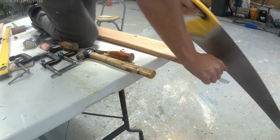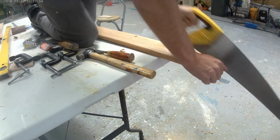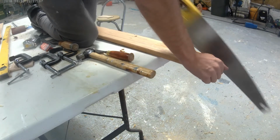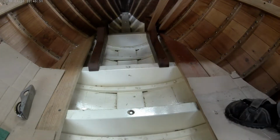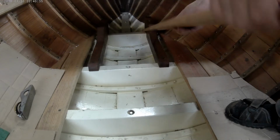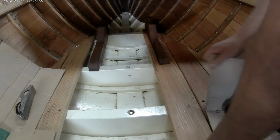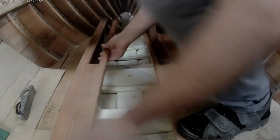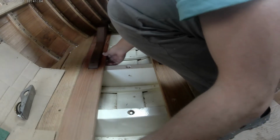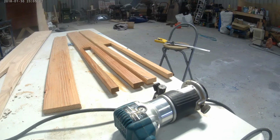So then I have drawn the template onto the actual floorboard here, and I'm just beginning to cut it out. And this is the floorboard cut out for the first time and ready to just be fitted on. You can see just how much more accurate it is when you do the mistakes on the template first, and then when it comes to using the actual bit of wood, you feel a bit more confident that it